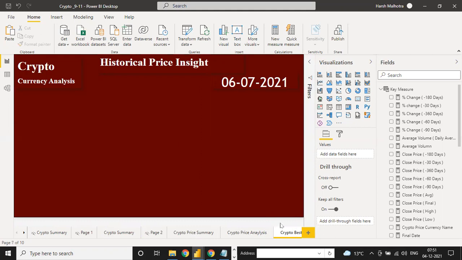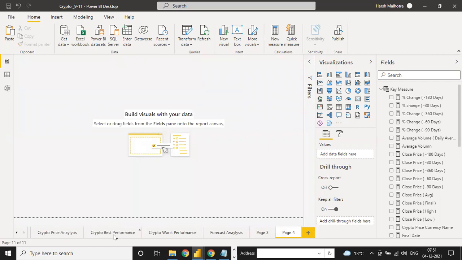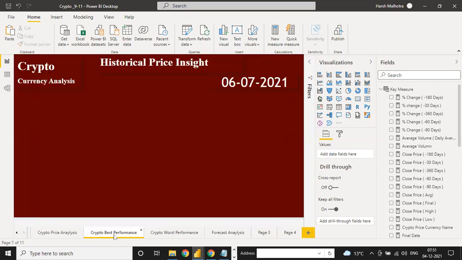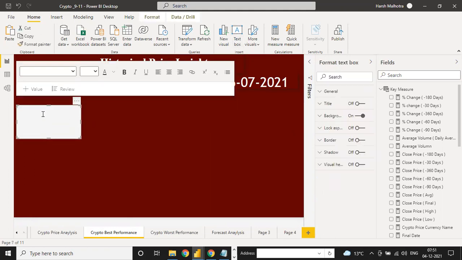So this is your crypto best performance. Suppose you need currency wise best performance, that which are your best performance countries, best performance currencies day wise. Like if I click my one text box here, we have 90, 60, 30, 60, 90, 180, and 360.